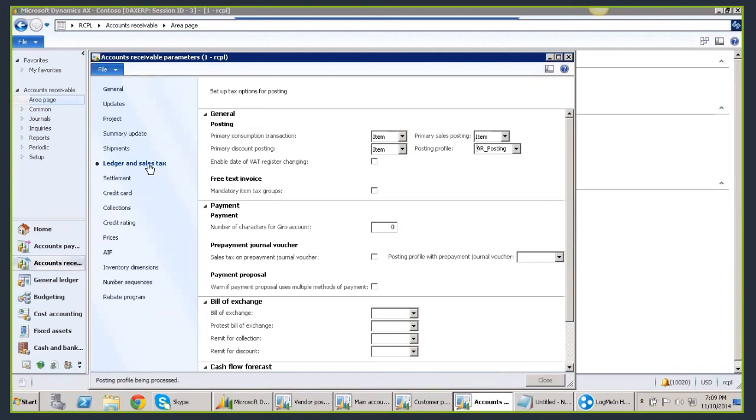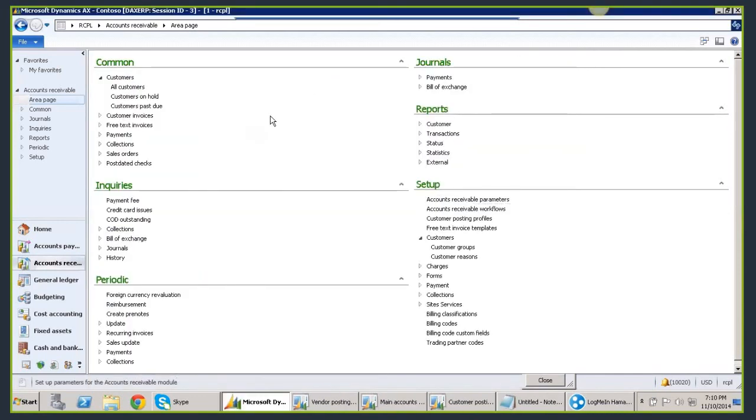Am I clear? Everyone of you written the path? Yeah. Creation of posting profile and activation of posting profile.